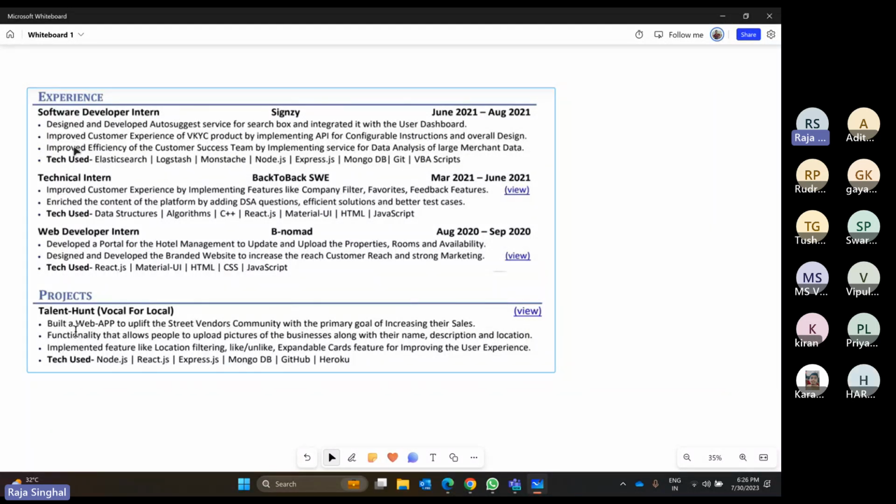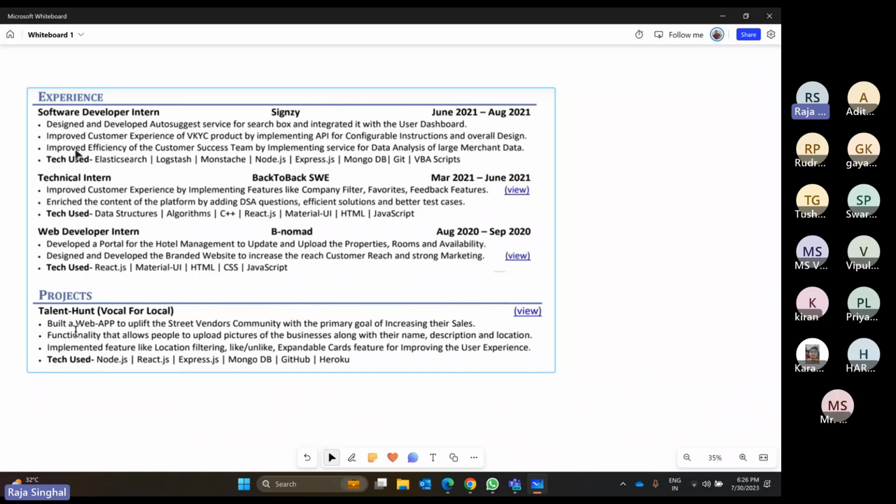In the third point, he did some work and as a result improved the efficiency of customer success. So in short, always try to show your impact, and if you have any fixed number, you can mention it, like improved efficiency by 5%, and then explain what you did.